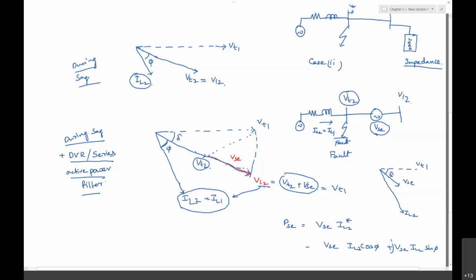You can understand with the phasor diagram too, which depicts only the series active power filter voltage. With respect to the VSE, there is a real component of the power as well as the reactive component of the current. That means the VSC times IL,